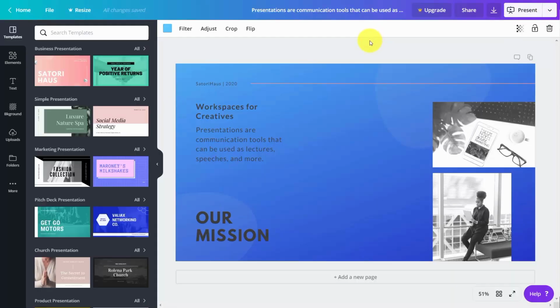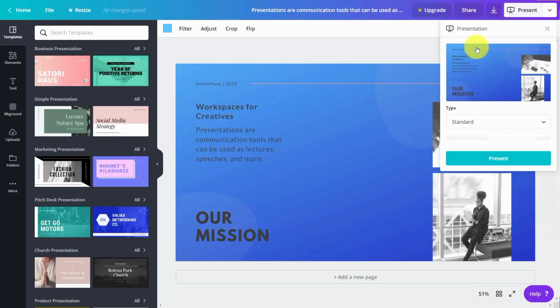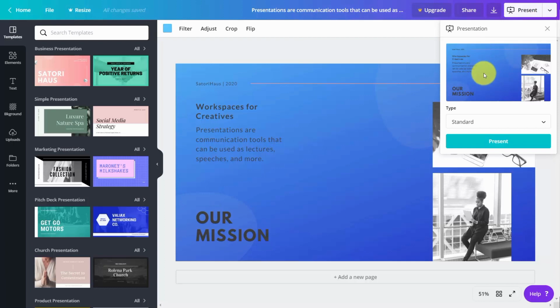Welcome back. Now, one way to output the content is to output it into a presentation. We can do that by going to this drop-down arrow. You're going to see that there's a link here for a presentation. What we're going to then do is click that link. You're then going to see that we can download it into a standard presentation, and we can also output it